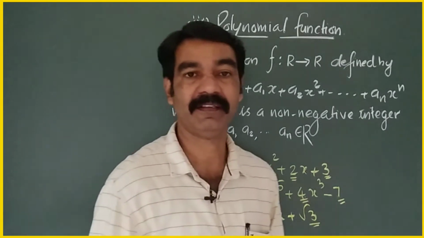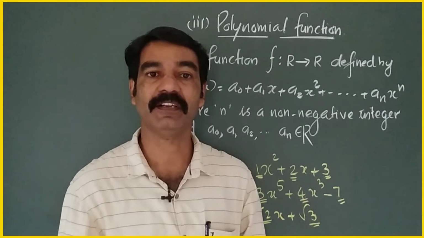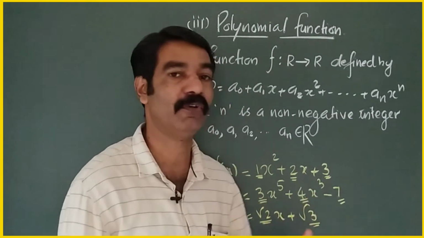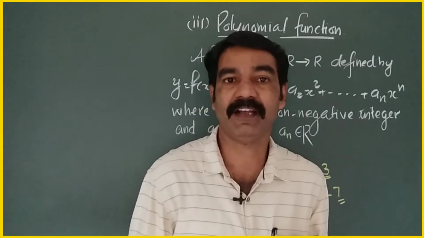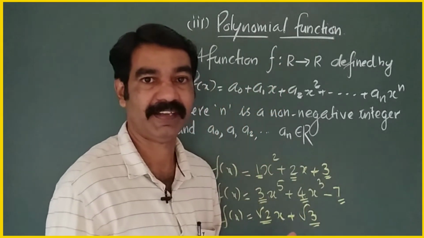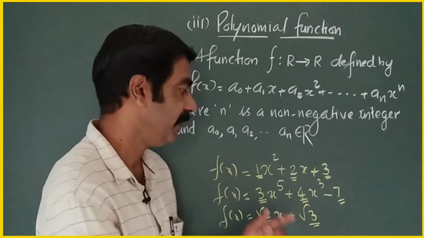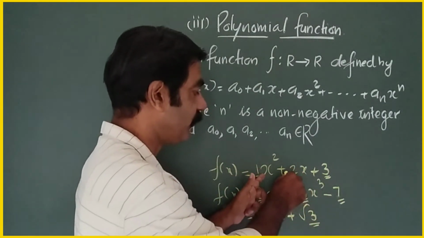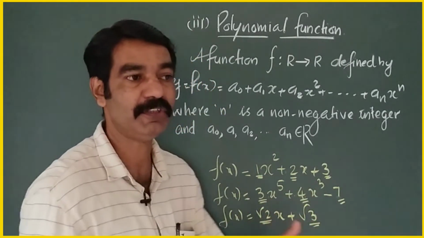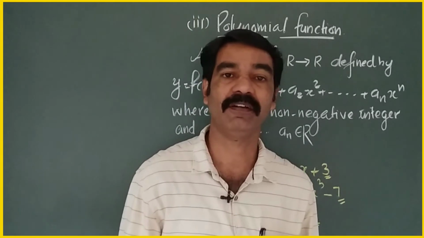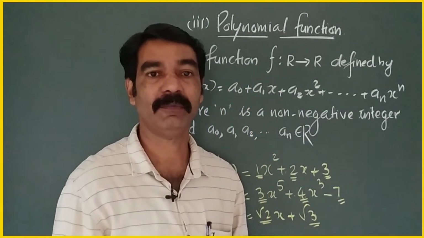So remember that the range and domain of a polynomial function are related to the given polynomial. Generally it is the real numbers. And what about the graph? We can't draw the graph directly. The graph is also related to the polynomial. See, the graph of this polynomial is different from the graph of that polynomial. So for each polynomial, the graph is different. It may be a curve. Okay. So we can draw one or two important graphs.